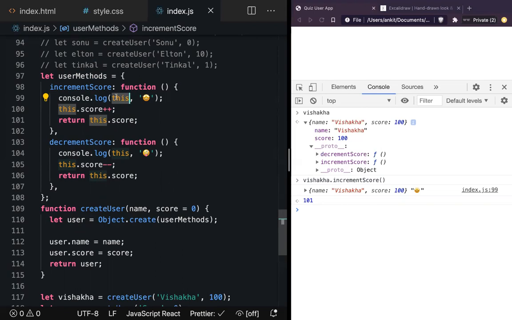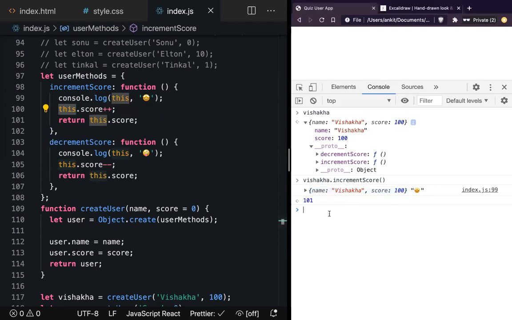Now the next thing is this dot score. We know what this is. This is an object with property name Visakha and score of 100. So this will be replaced with this user, and score will become 100 plus 1, 101.